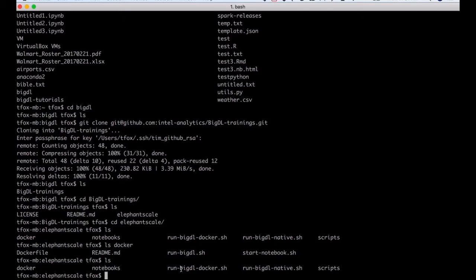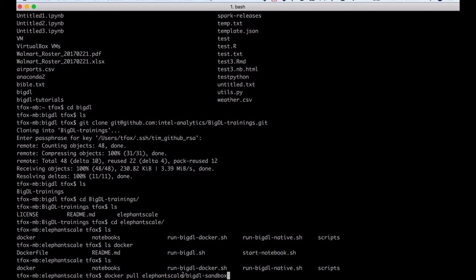What I'm going to do is run BigDL Docker, but to do that, I'm going to first need to do a docker pull on elephantscale/bigdl-sandbox. That is the name of our Docker image. So again, that's elephantscale/bigdl-sandbox.